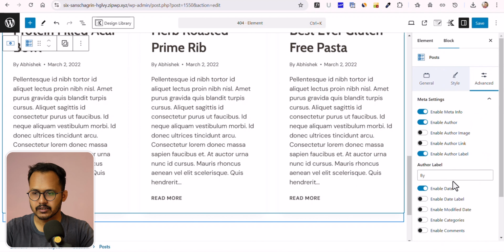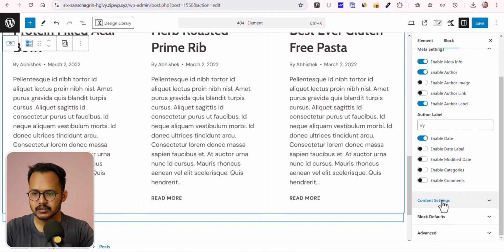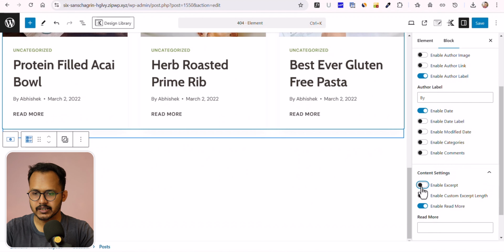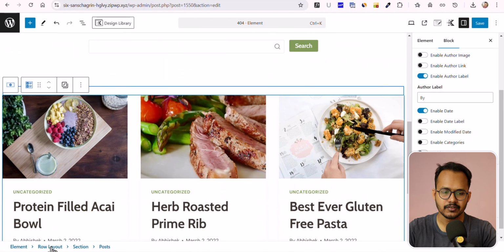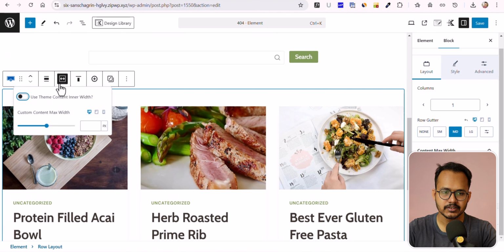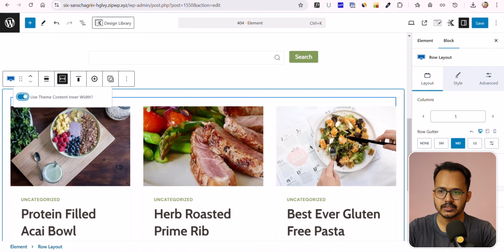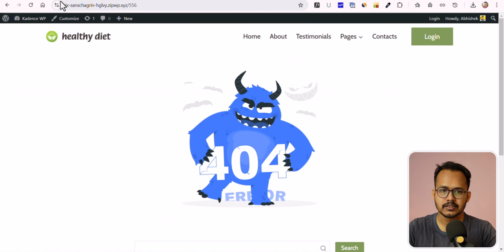Let me click on advanced, then content, and hide the excerpt like this. Then let me click on row layout and set it to use theme content inner width. Let's save it, and let me go to the 404 page,